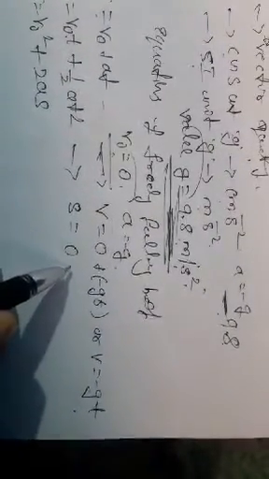v is equal to minus gt. This equation is called the first equation of a freely falling body. And the second equation can be written as the displacement equation. s is equal to, the initial velocity is 0 so the first term is 0, plus 1 by 2, acceleration is minus g, t square. Therefore s is equal to minus gt square by 2. That is the second equation of a freely falling body.